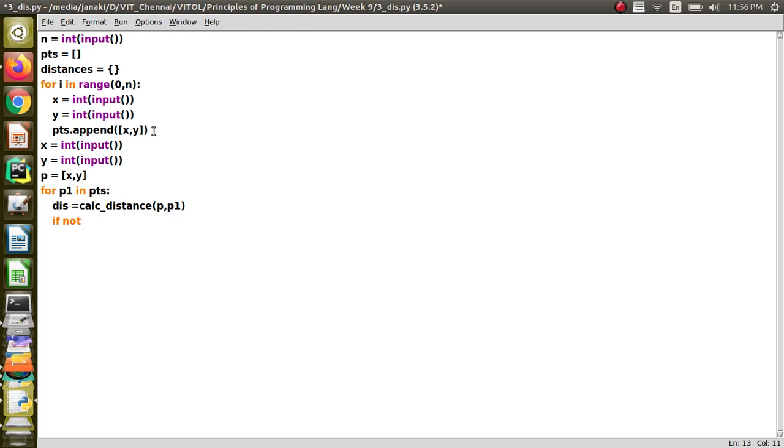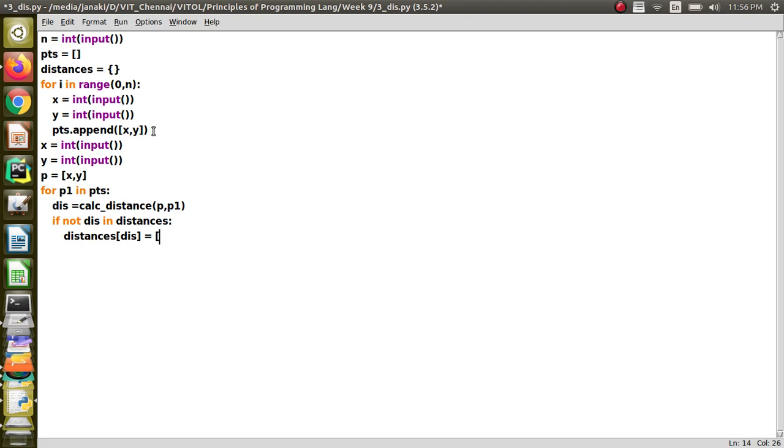So let us consider the case when this is not present in the dictionary. So if not of this in distances, then what you are going to do? You are going to insert it, distances of this is equal to, you have to put it as a list.